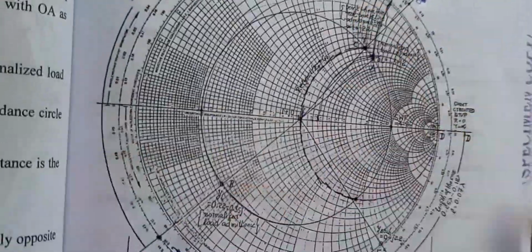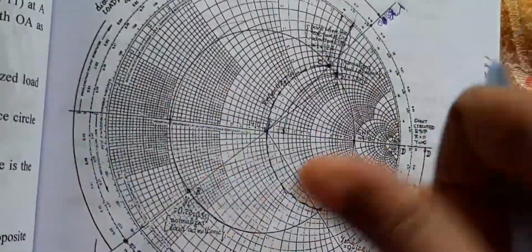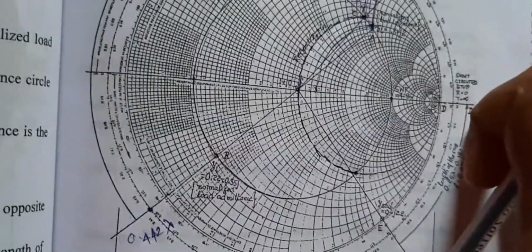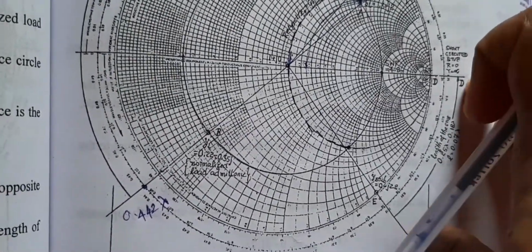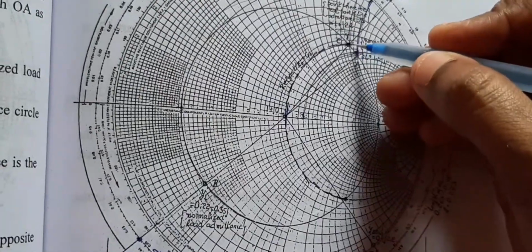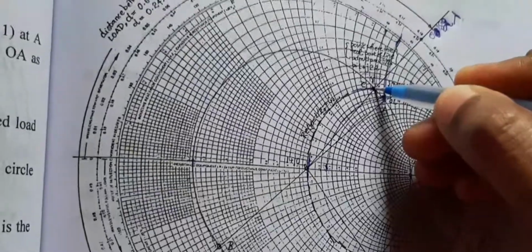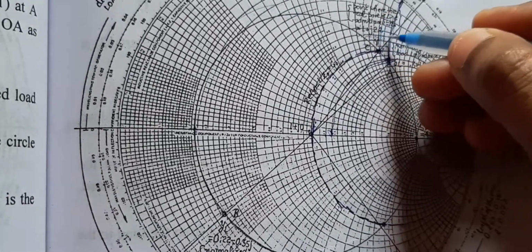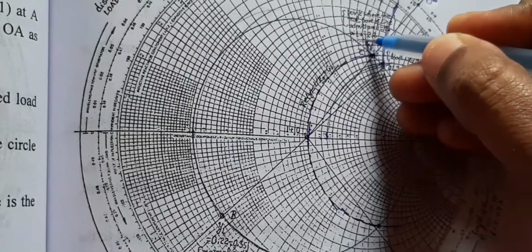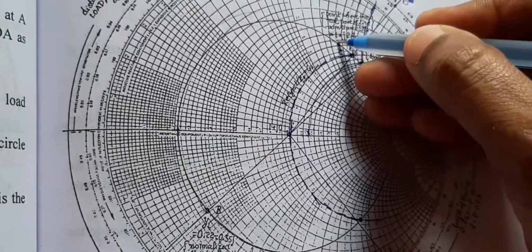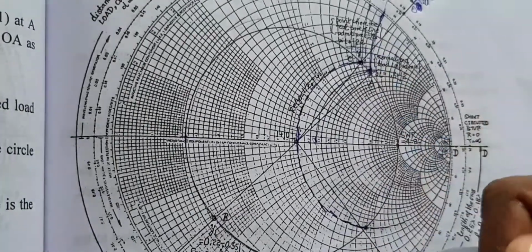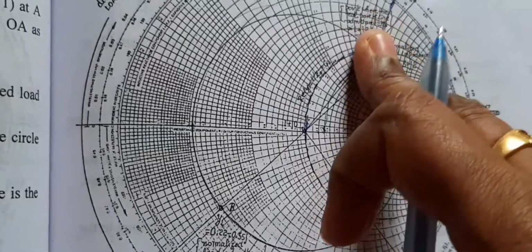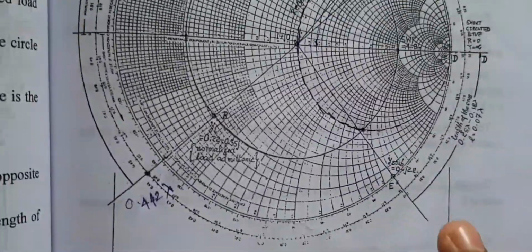Can you understand? Okay, so we got the distance between the two stubs. Next, you want to find the location of the stub, or the length of the stub. In order to find the length of the stub, see, here you got the value 1 plus j 2.2. So you want to take the susceptance value. Here it is a positive value, plus j 2.2. If it is a negative value, you take the positive, but since it is positive, you take the negative, that is minus 2.2.